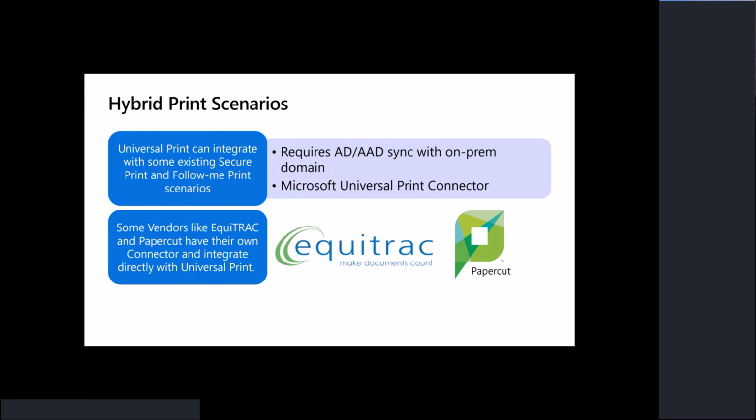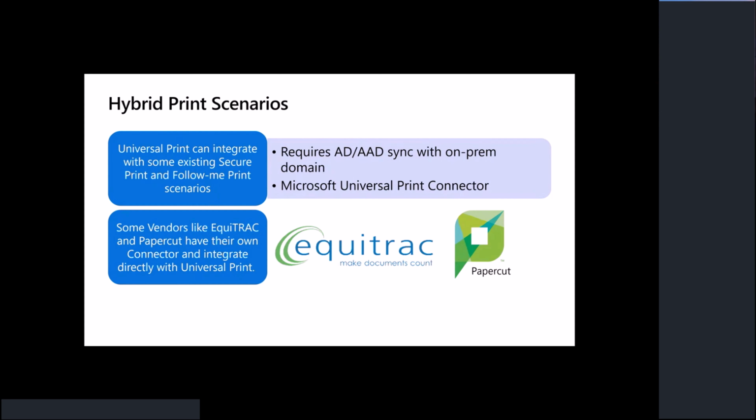Since Universal Print uses Azure Active Directory and not the on-prem AD, those jobs typically would show up in the print queue associated with system, because that's the account that the connector is using. So we have this option when you enable hybrid